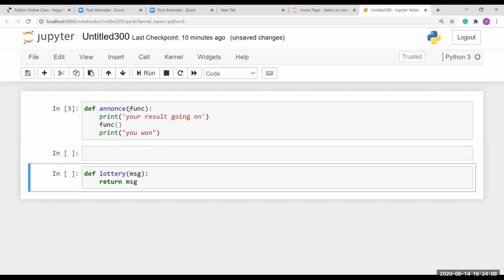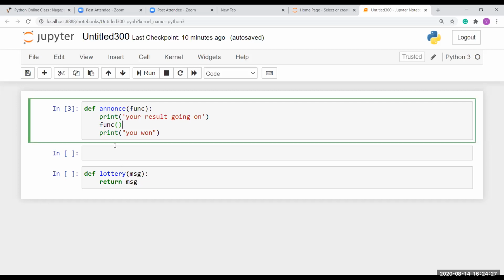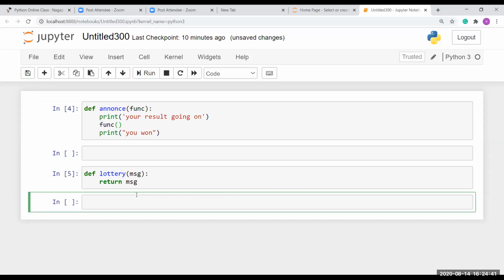That's why I'm using the unknowns function. Here I'm passing func, that's a parameter, and here I'm going to change my parameter into a function by using open and close parentheses. That's all. If you pass this function to here, it will turn into the function parameter, and it returns what we have given here, right? So I'm going to run this and this one, right?